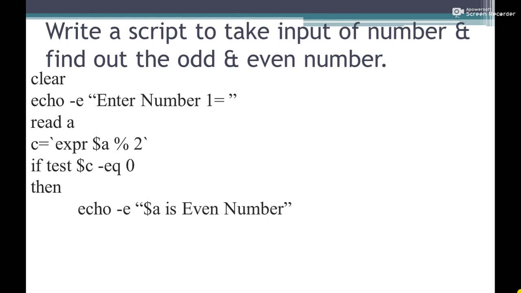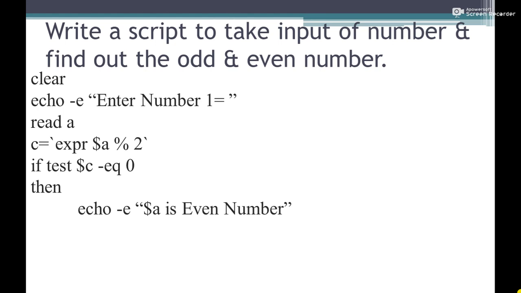Why are we using $a? Because we took the input from the user, and with that number we have to display whether this number is even or odd. We cannot use $c, because $c stores the remainder, and $c is only checked for being equal to 0 or not.